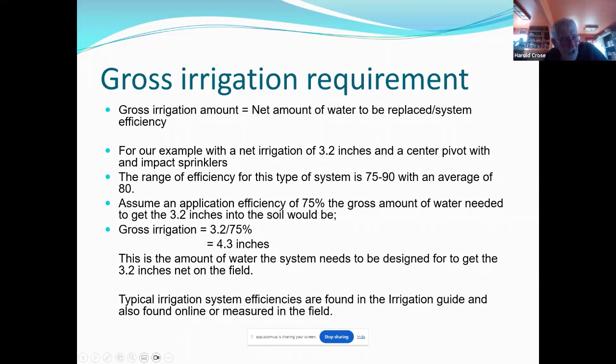Now, that measured in the field really comes into play, and I just want to concentrate on this for a second. In your operation and maintenance plan, which should go with every irrigation water management plan, the operation part is you showing them how often to put the water on, what your frequencies are, but the maintenance of the plan,